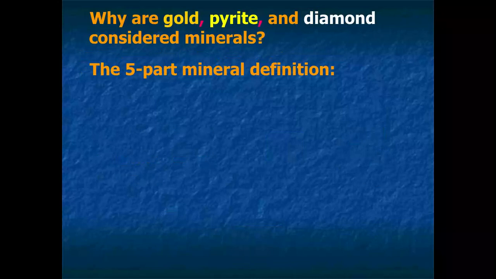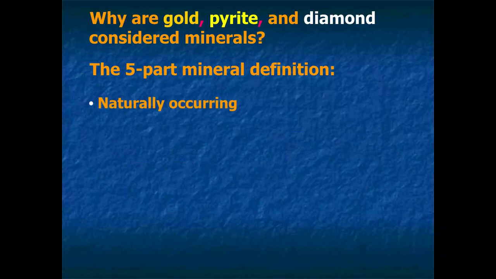In order to determine if the gold and the diamond are considered minerals, and the rest of the objects in the previous slide, we need to look at this definition of a mineral. And I like to call it the 5-part mineral definition. Typically, you can read in a geology textbook or you can read in an earth science book and so forth. And the definition will be written in paragraph form. And what I like to do is again put it into a bullet point or a 5-part definition. So to be a mineral, to qualify as a mineral, the mineral has to be what we call